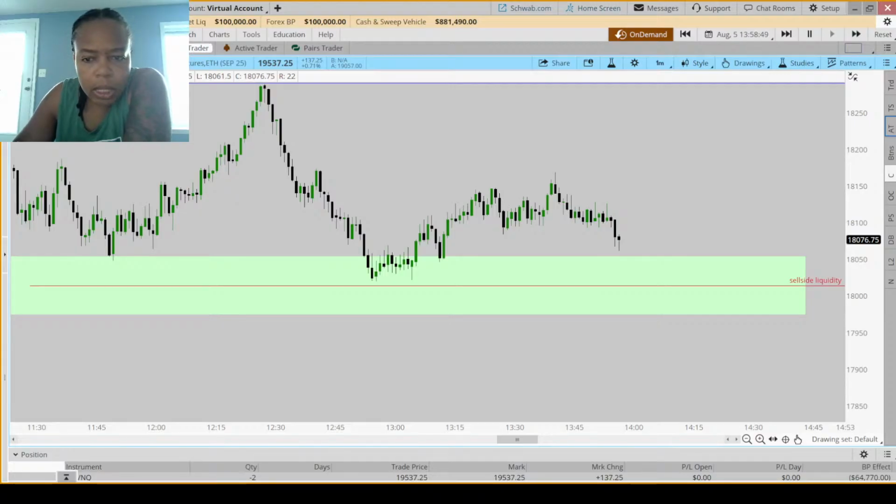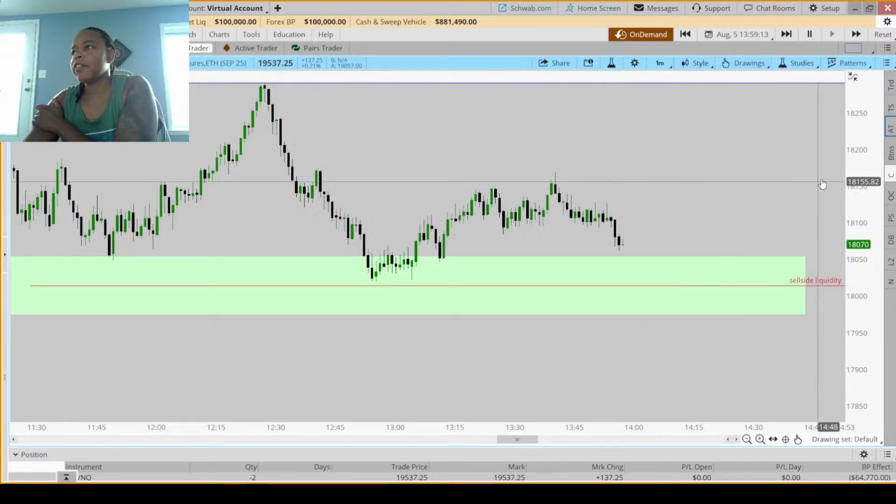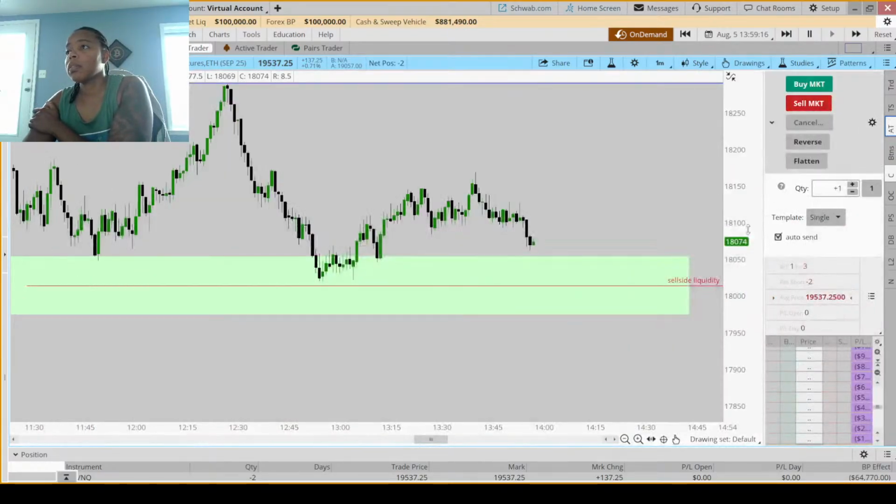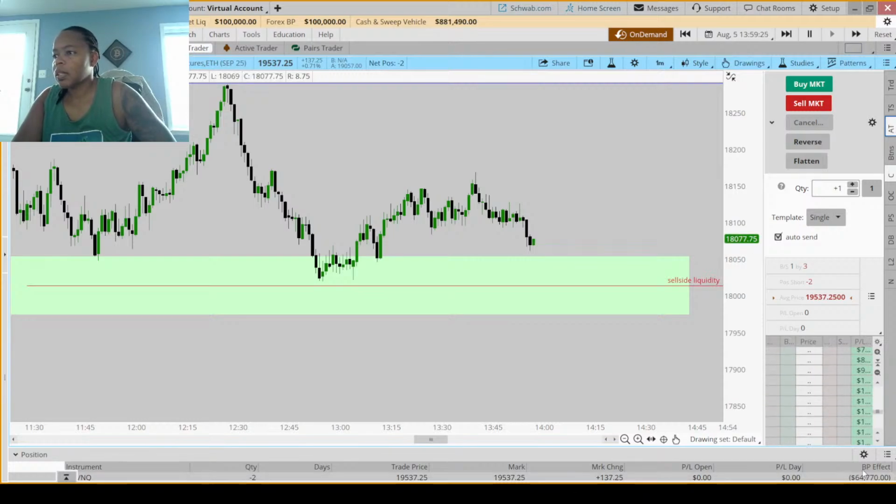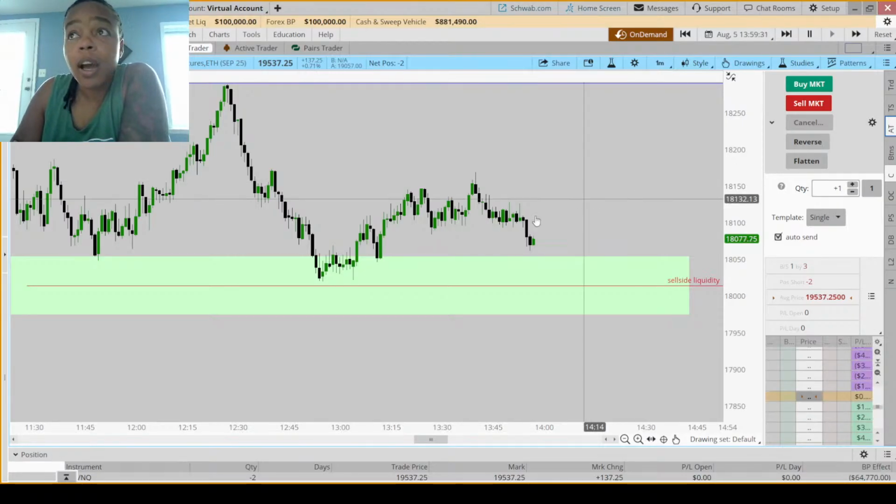Let's see, what does it say? You can go back to your original starting time. Your simulated account size is 100K. And if I want to switch back, I just have to click the on demand button. Yep. So it definitely doesn't say that I can't put the order in, but it's definitely not letting me put the order in. It says that I've done a short position, but it's not showing any P&L. So whatever, we'll just work with the